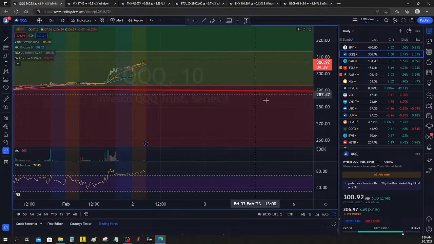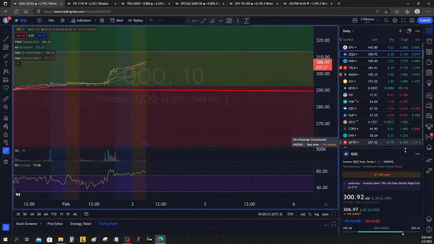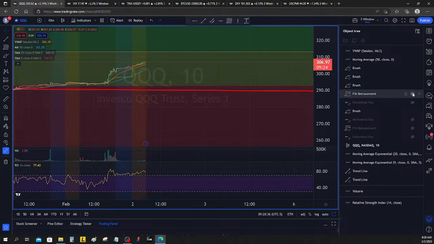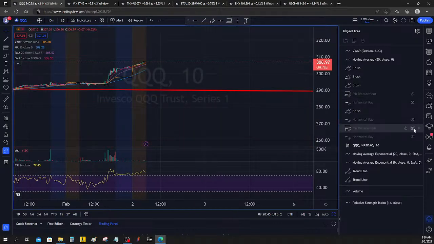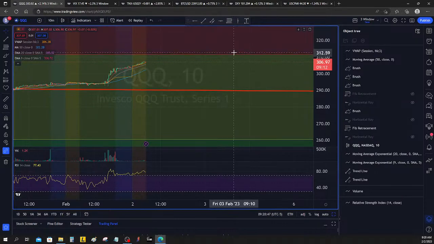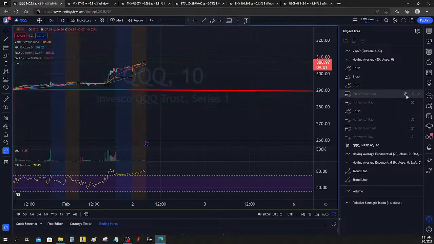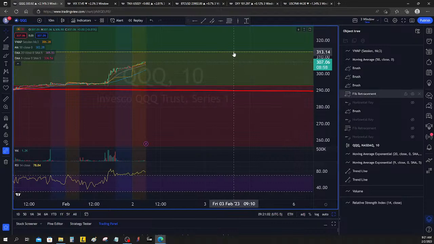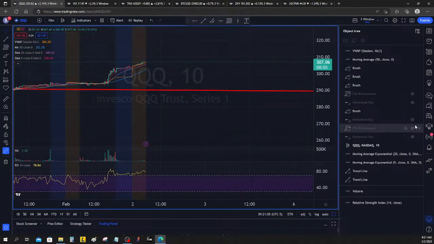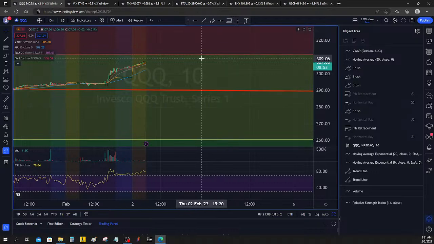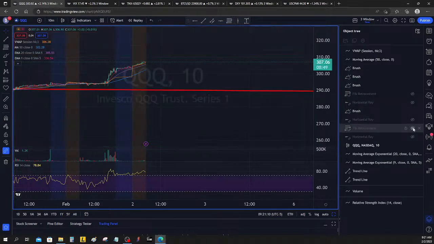All right. Oh yeah, and let me show you something else too here. Let's take that Fibonacci off. Now the reason that I'm choosing 313 as a target is just because it's the higher number. Here's this other Fibonacci, the long term one from 2002 to 2021, and it's at 311.51. The only reason that I'm choosing to look at the retracement Fibonacci rather than the long term Fibonacci is because 313 is higher. It's just because the target's higher.